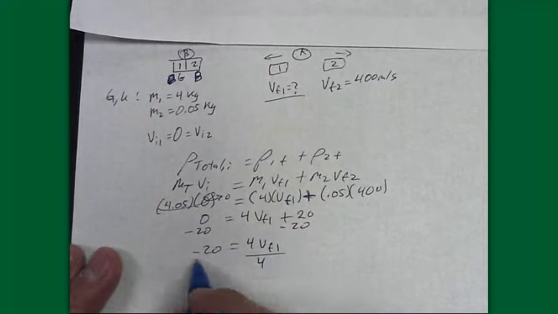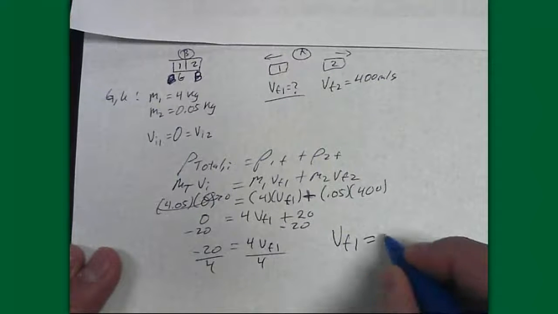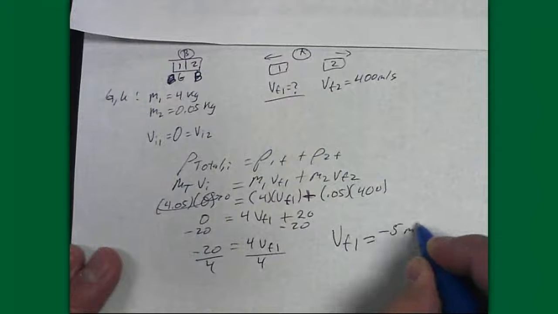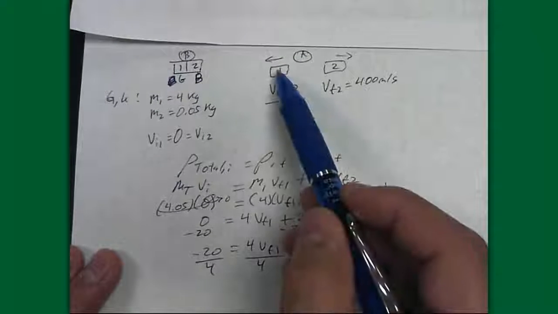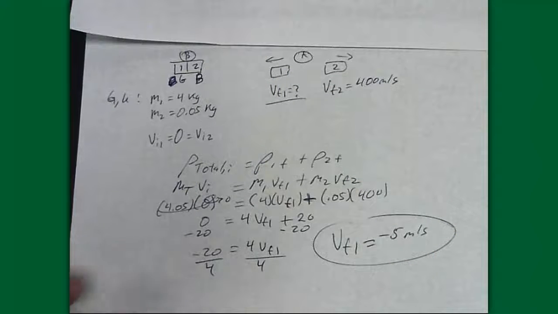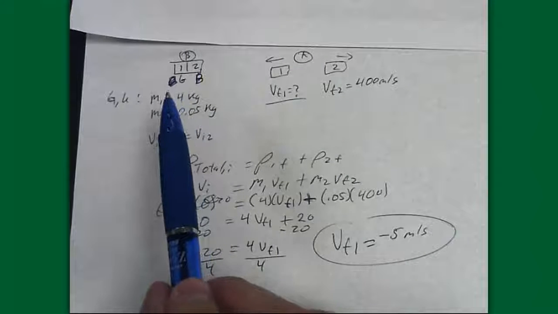And if I divide by 4, I find that the final velocity of object number 1, the gun, is negative 5 meters per second. It's a good thing we got a negative because the picture that we drew indicates that the gun is moving to the left. If I had drawn the picture the other way around, that's the reason why I switched it to begin with, that would have meant that I would have had to give